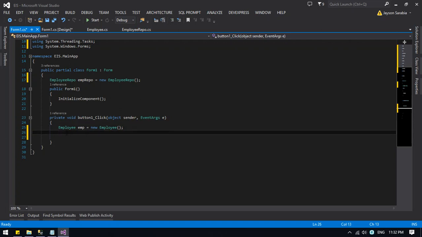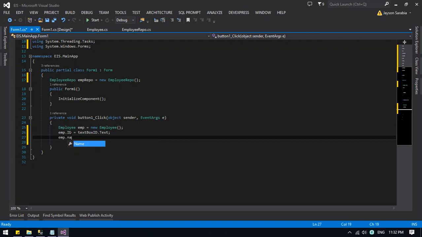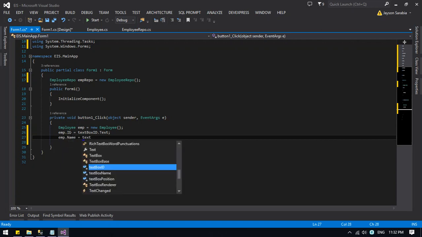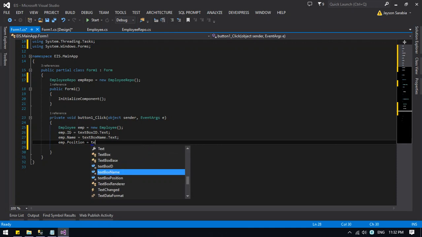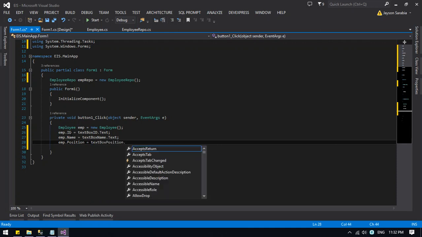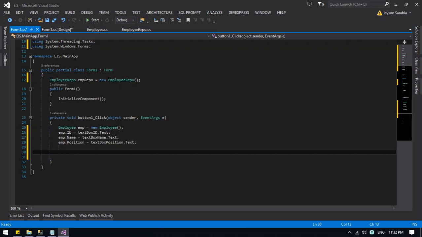So now we will assign the text boxes to our employee instance. We'll put emp.id is equal to textBoxId.Text, and then emp.name is equal to textBoxName.Text, and emp.position is equal to textBoxPosition.Text. And then of course we will call empRepo.AddEmployee,